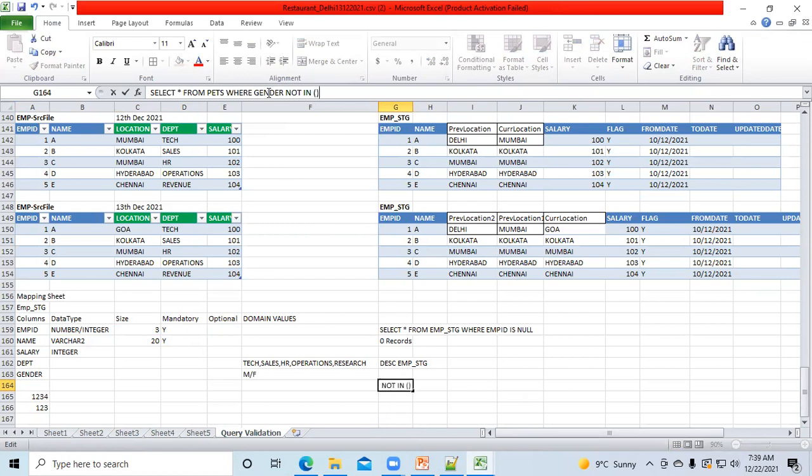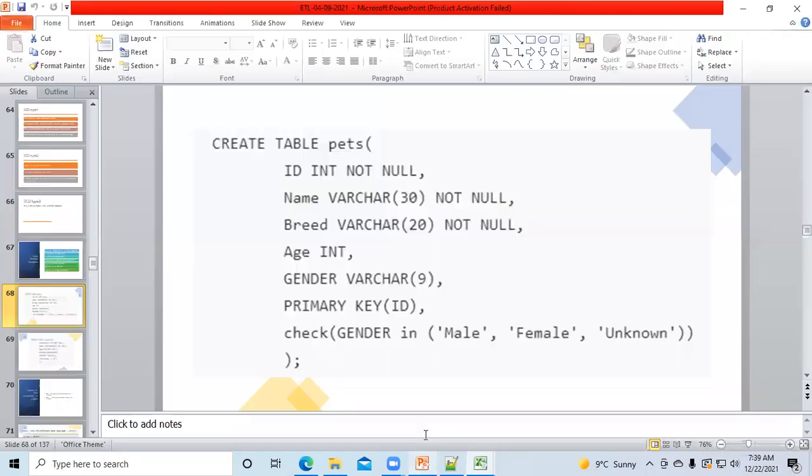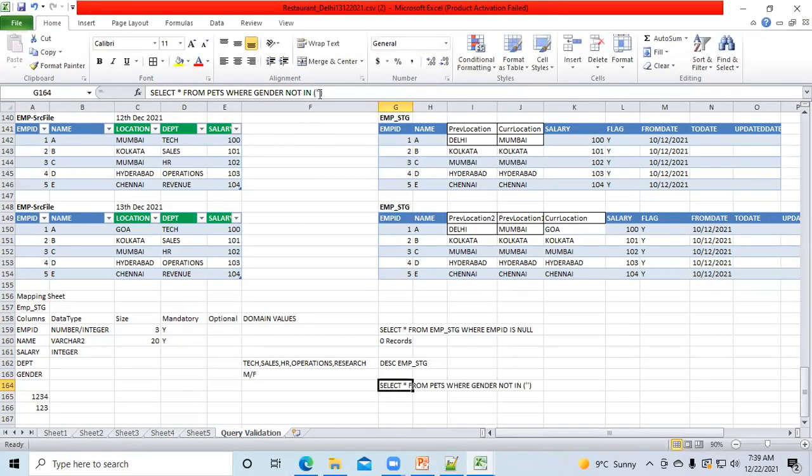I'm expecting you all know these basic SQL commands, but if you think you don't, you can ask me. Okay. Male, female, and unknown. So if you want to check whether this gender is accepting male, female, and so on,